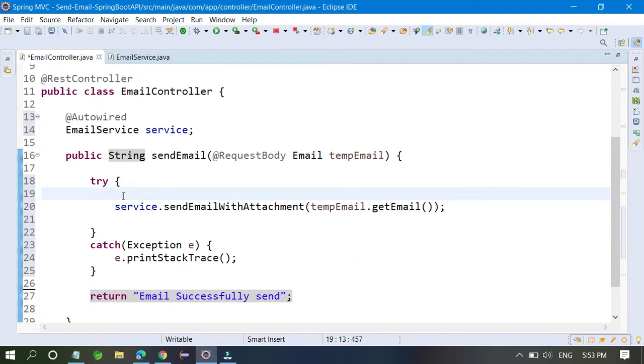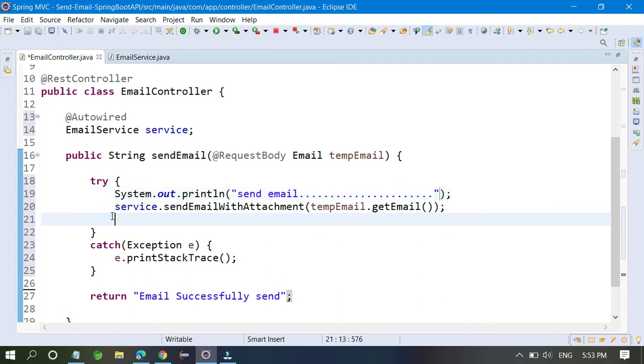So before sending the email, you have to write like send email, like that. After sending the email, you have to write done. Just normal things here, nothing else.